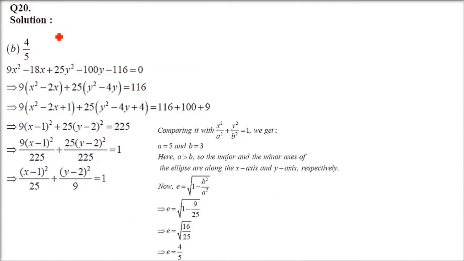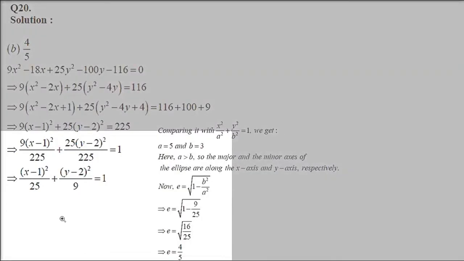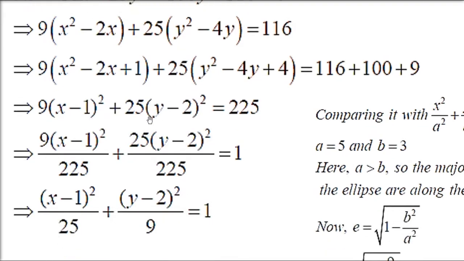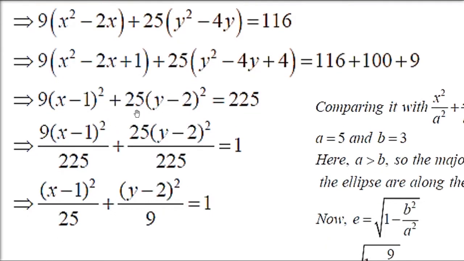Now this is question number 20. Questions number 20, 22, 23, 24 are exactly similar, right? So let us take this question 20. Just make them perfect squares. Try to equate this with x minus h whole square by a square plus y minus k whole square by b square equals 1. So make the perfect square of x and y. I hope by now we know exactly how to do this. We have done this question also already. I hope that x minus h whole square by a square plus y minus k whole square by b square equals 1, this you are able to deduce. You can find this out.